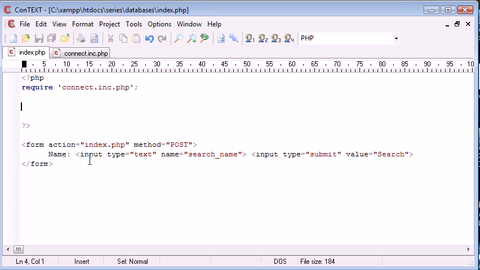So let's go ahead and check if the form has been submitted first of all. Then we're going to check whether the search name field is empty or not, and then after that we're going to actually process our query inside